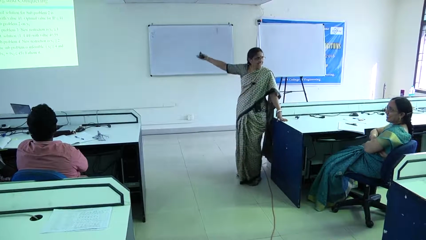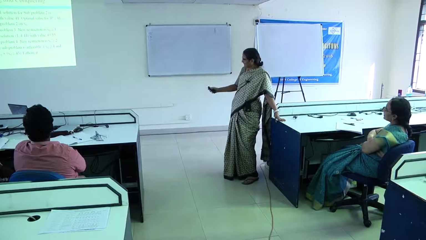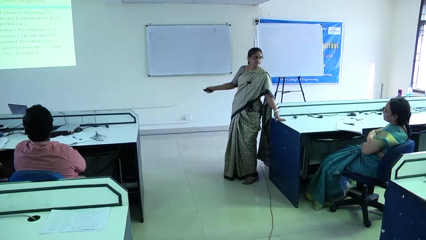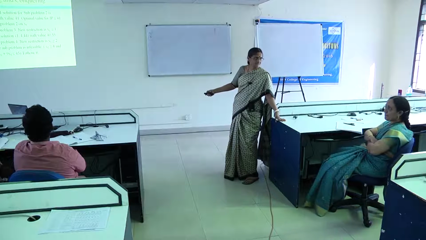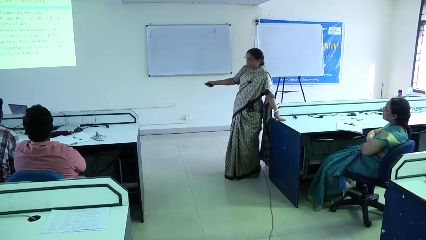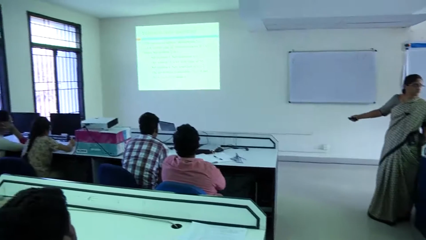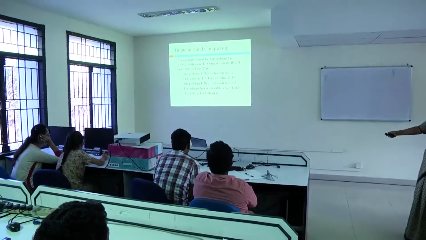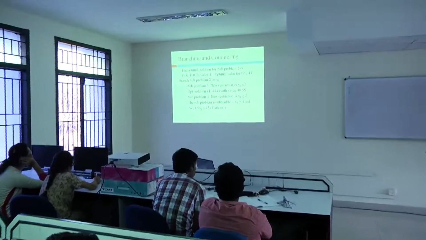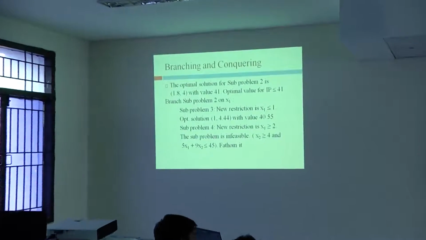The answer is there for you to see. x1 plus 9x2 less than or equal to 40 won't be satisfied, because x1 should be greater than 2, that is the new restriction. Already before we had x2 should be greater than or equal to 4, from the previous. So if you say the minimum values are 2 and 4, when you satisfy 2 and 4, it won't be satisfied.